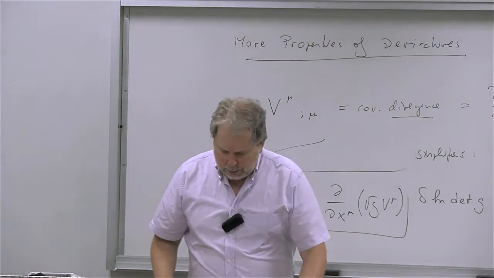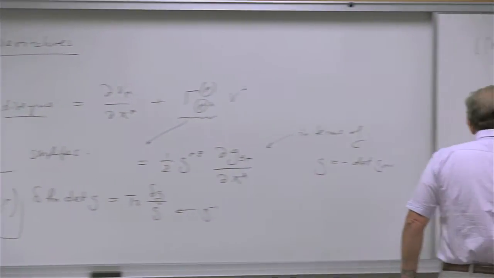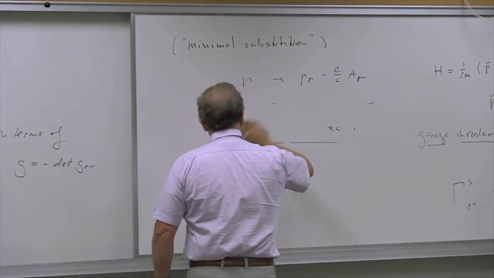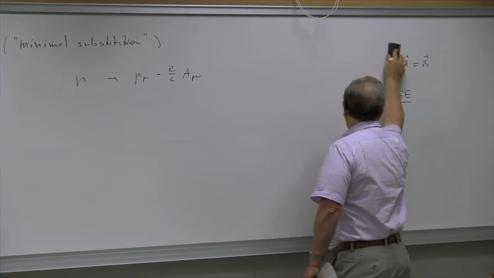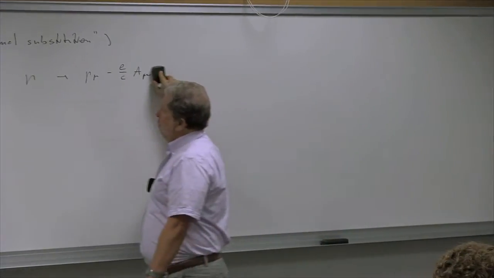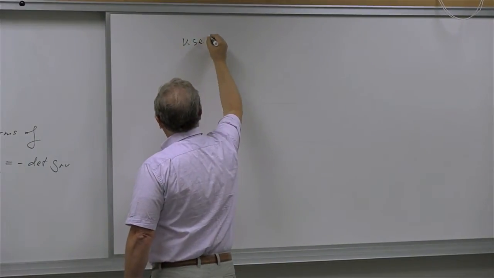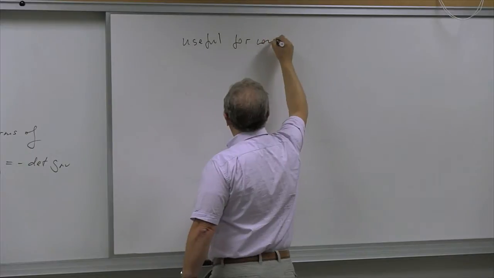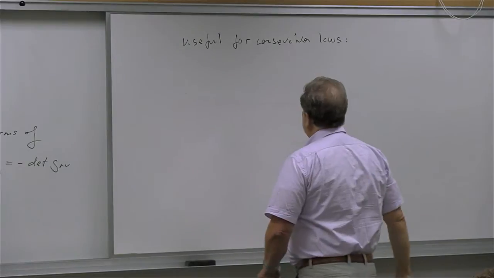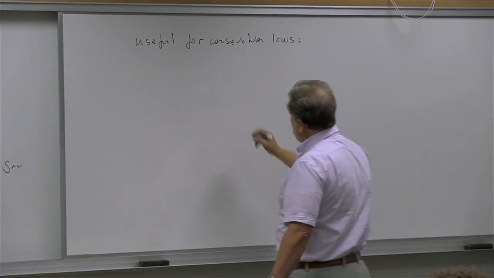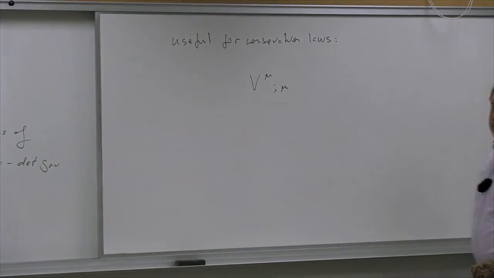And this is useful for the following reason: we are going to have a number of conservation laws, and when you have a conservation law, you want to look at whatever charge is conserved from that conservation law. So it is useful for conservation laws. Suppose you have this divergence, v mu semicolon mu, this covariant divergence of some 4 vector,